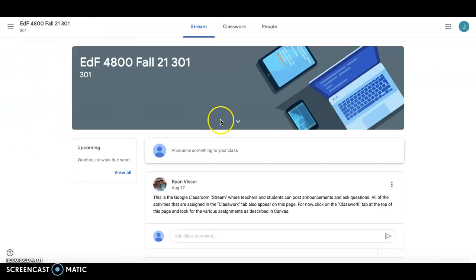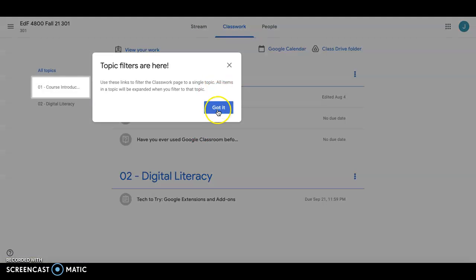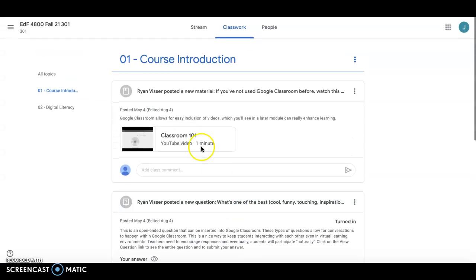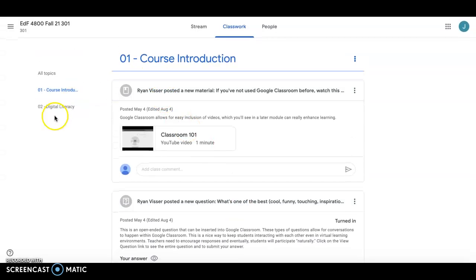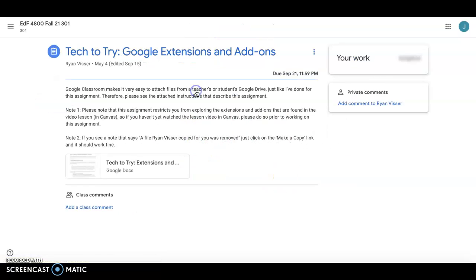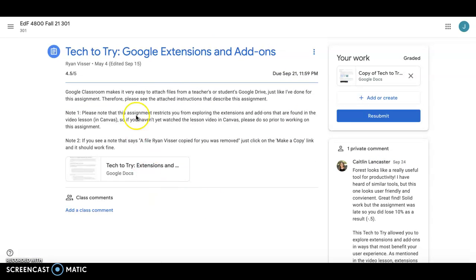And if you go back to your class and go to your classwork, you have an easy navigation with clicking on the filters, and it'll take you to what is posted in that module. And if you click on an assignment, it'll show up like this. So where you have the